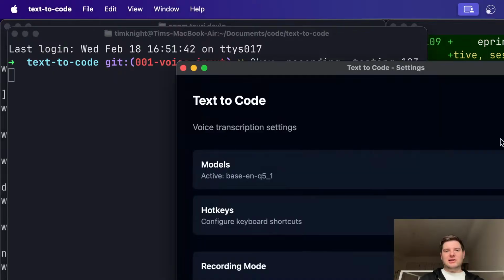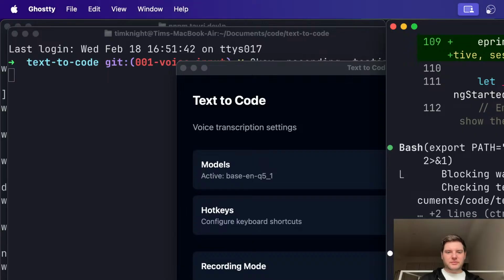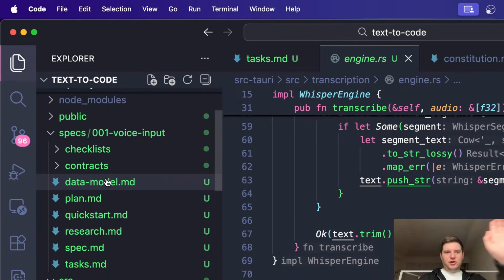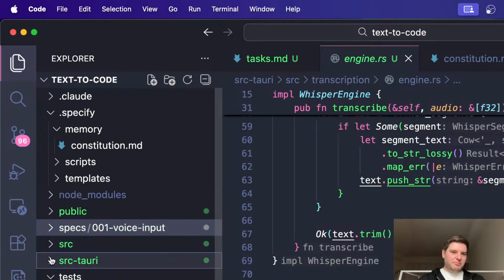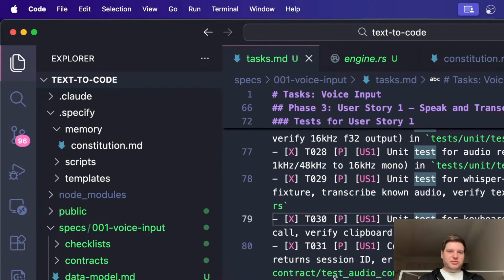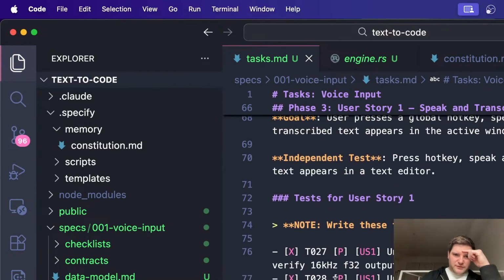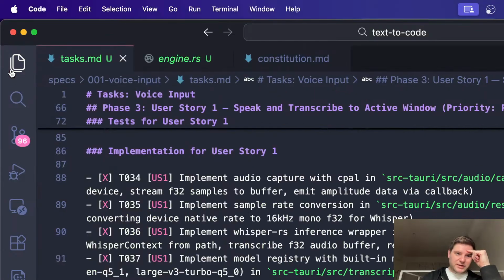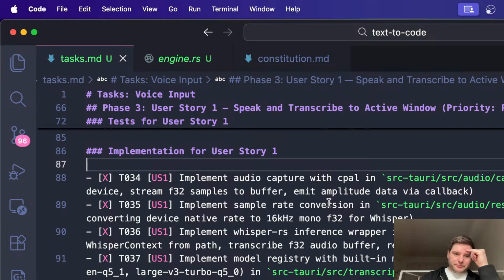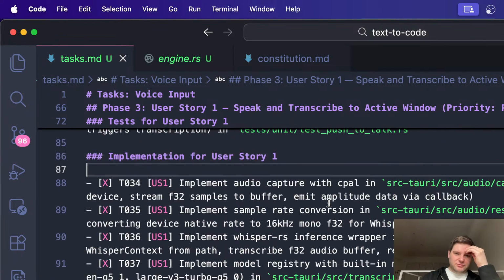Okay, so we've got a little MVP. It's certainly not polished at all, and there's loads of things we need to add to this, but I'm reasonably happy with that. I'm reasonably impressed that we're able to do that. So if we think about this, that's the test. Let's just go through user story 1 before we end the stream, and see what we've actually done, because